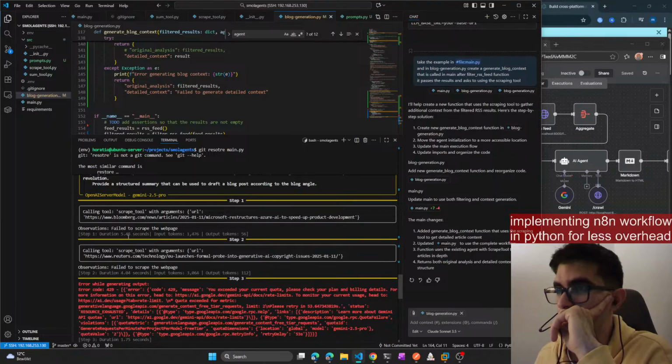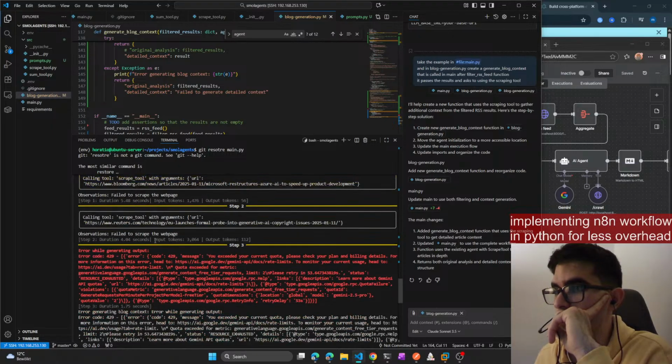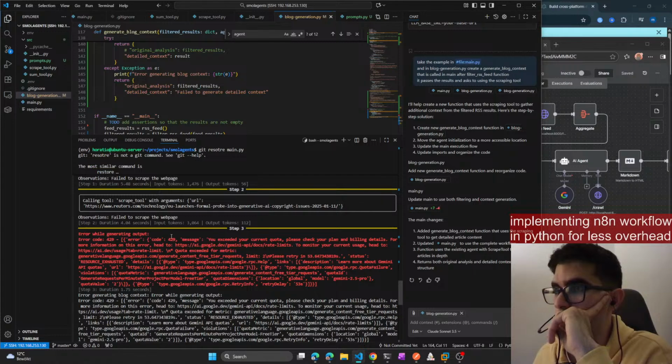Calling tool. Failed to scrape the page. Error code: you exceeded your current quota. Please check your plan and billing details.